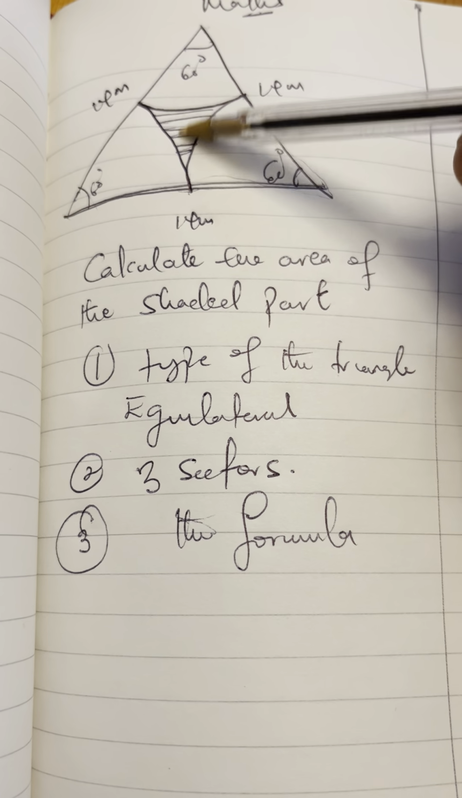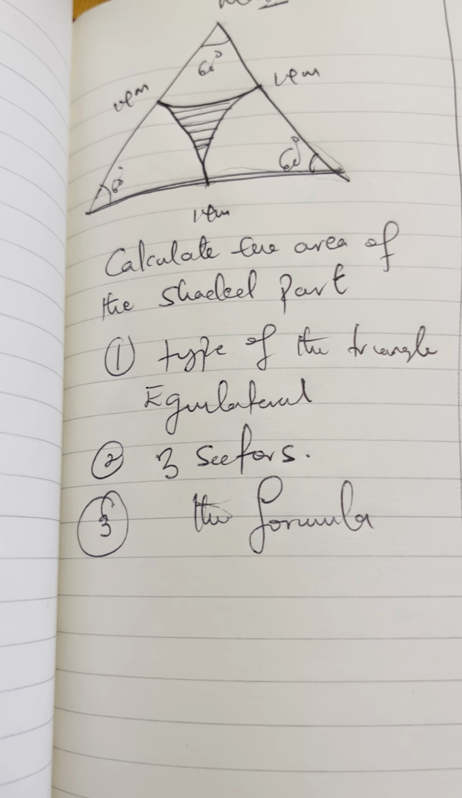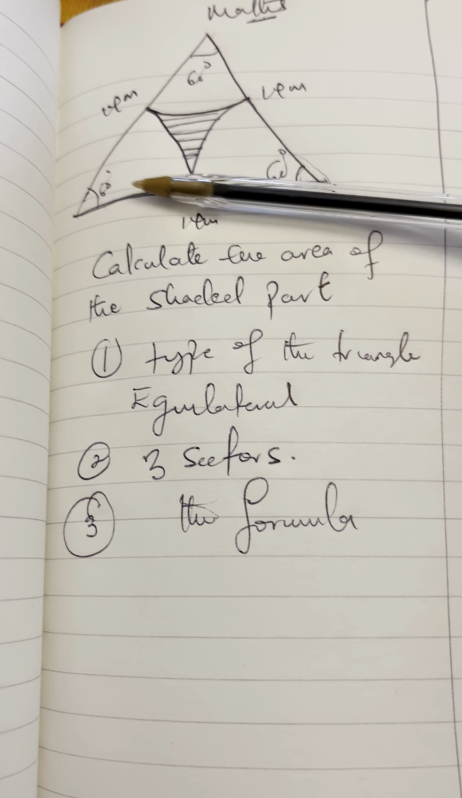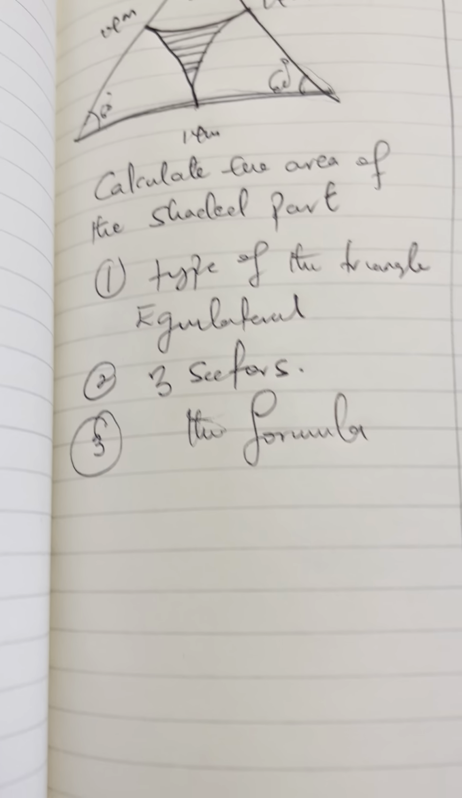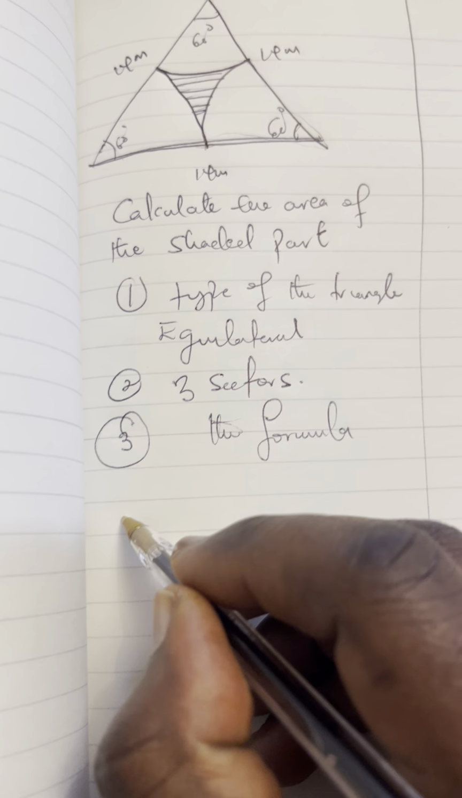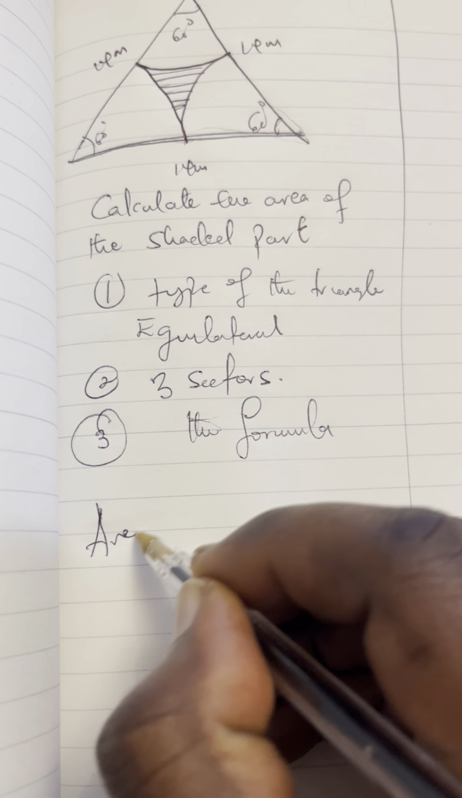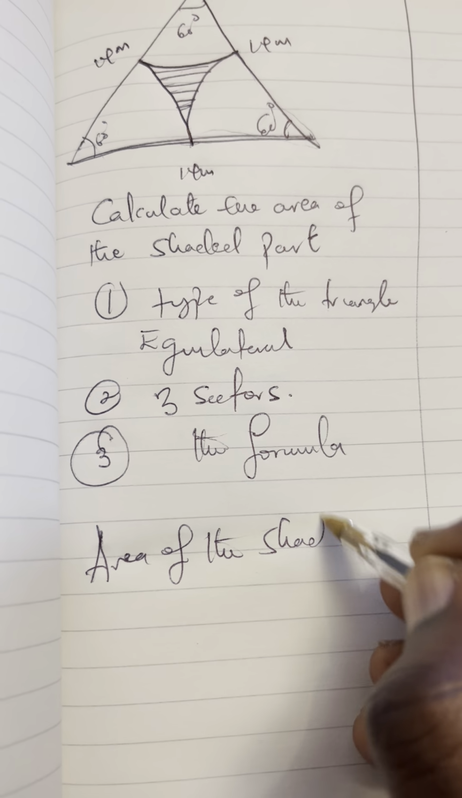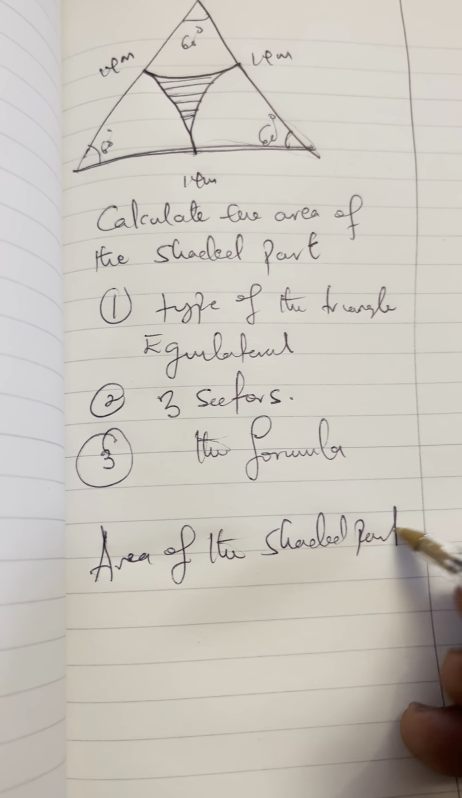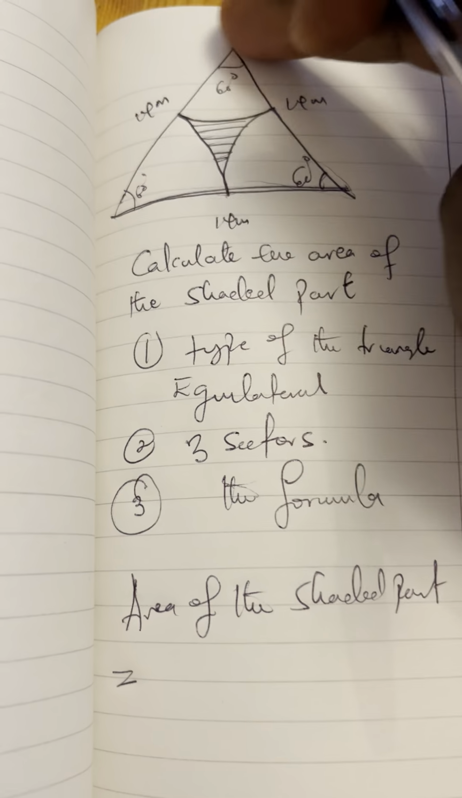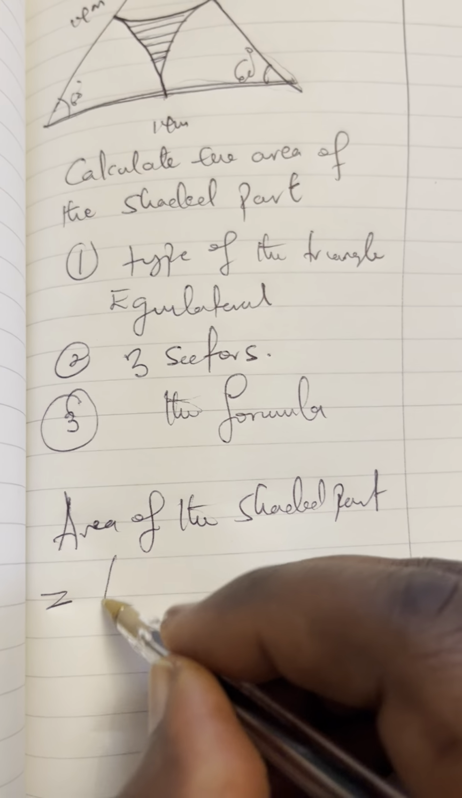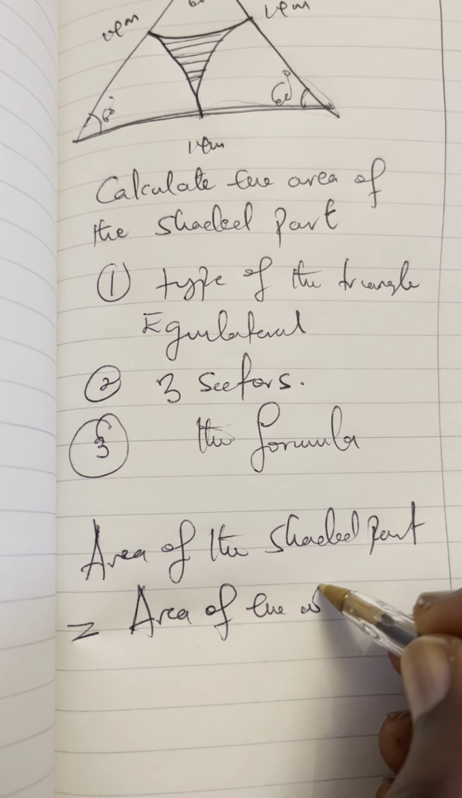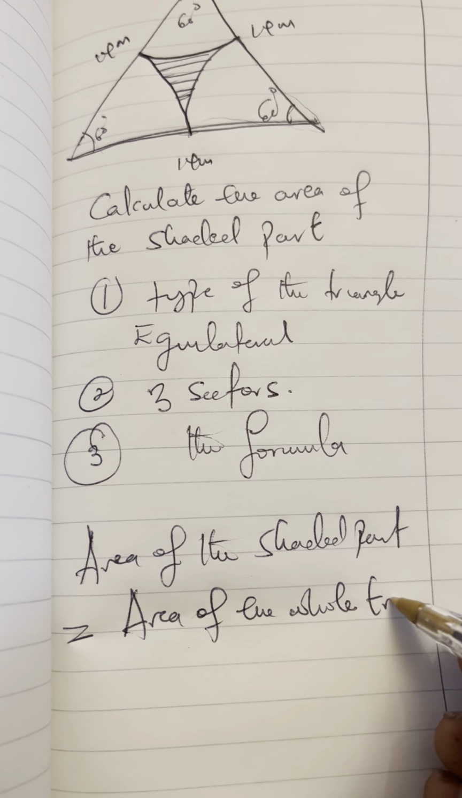What is the shaded part? This is the shaded part here. So the first thing you are going to do is to find the area of the whole shape, which is the area of the triangle. Because the area of the shaded part will be equal to the area of the whole triangle